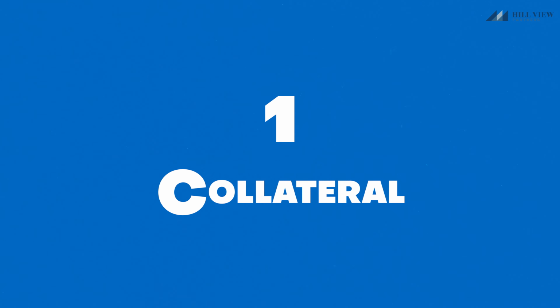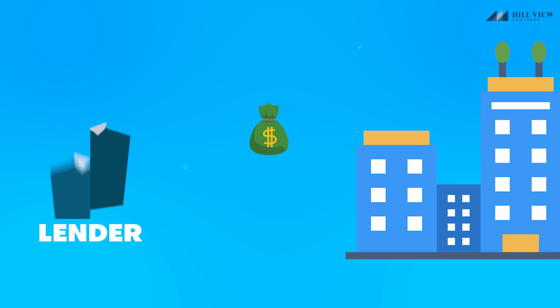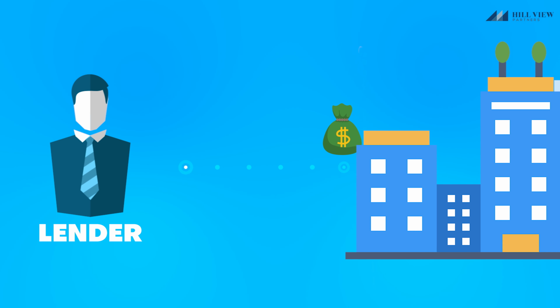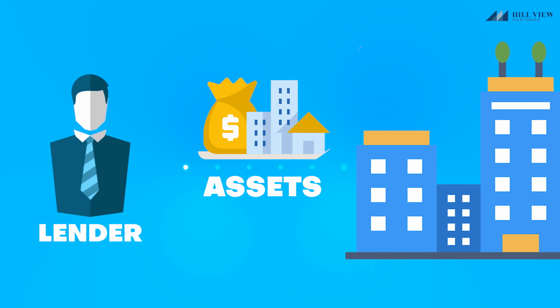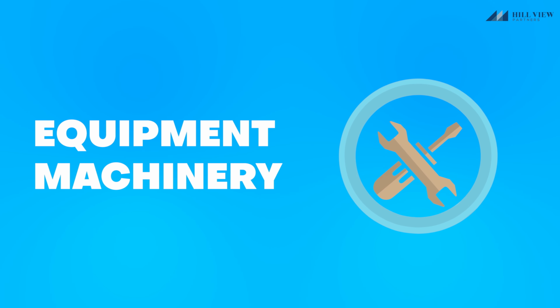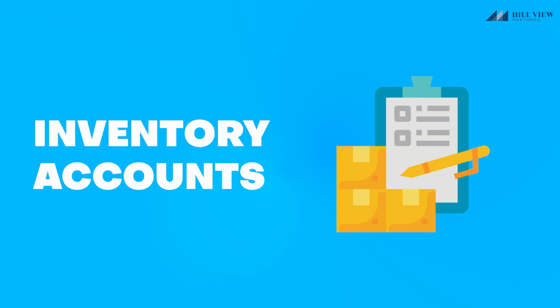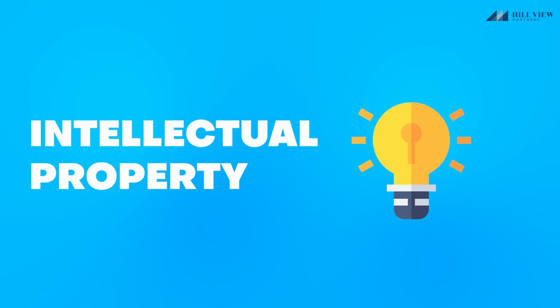So the first C of debt is collateral. When we think of that, if someone's providing a loan, if someone's providing debt to a business, they want to know what assets are there that, in the case that there's a default or non-performance on the loan, they can access to liquidate or monetize in order to try to make themselves whole. The traditional ways of thinking of that are equipment, machinery, going down the balance sheet to the more liquid things: inventory, accounts receivable, and then even intangible things. Is there intellectual property? Is there goodwill in the company? Is there value to the business in itself outside of the specific assets on the balance sheet?